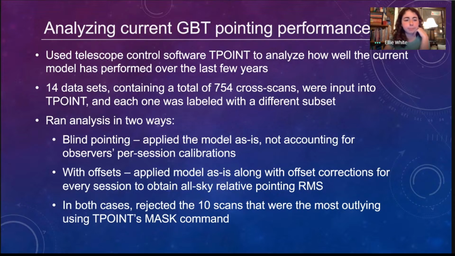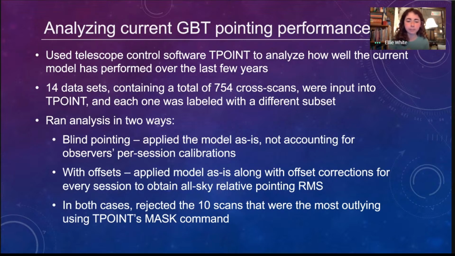the telescope modeling software T-Point. And I ran the analysis in two different ways. One is blind pointing. That's just what would happen if you told the telescope to point somewhere after just applying the pointing model, without any corrections or calibrations. The other way I ran the analysis was to apply an offset at the beginning of each observation. That would not quite simulate a real observing session, but it would give you an idea: if you did one calibration and then did a whole bunch of observations across the sky, how much error would